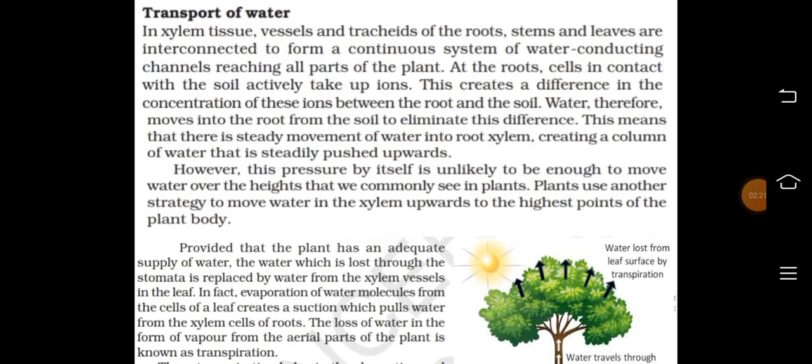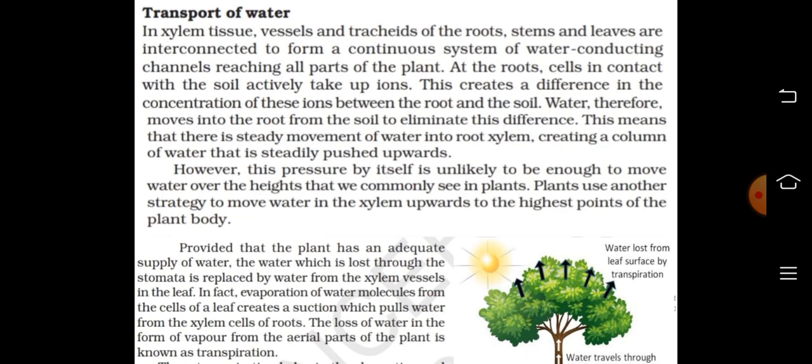Transport of water. In xylem tissue, vessels and tracheids of the roots, stems, and leaves are interconnected to form a continuous system of water conducting channels reaching all parts of the plant. At the roots, cells in contact with the soil actively take up ions. This creates a difference in the concentration of these ions between the root and the soil. Water therefore moves into the root from the soil to eliminate this difference. This means that there is steady movement of water into root xylem, creating a column of water that is steadily pushed upwards. However, this pressure by itself is unlikely to be enough to move water over the heights that we